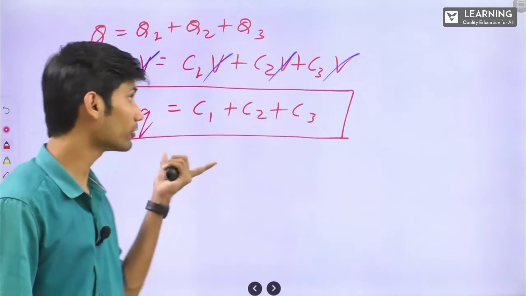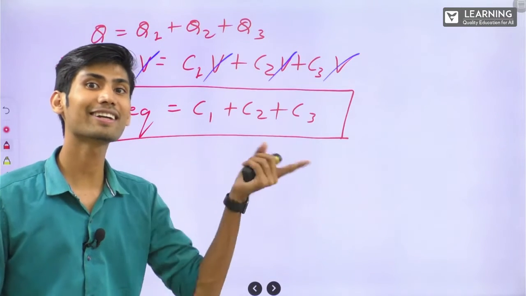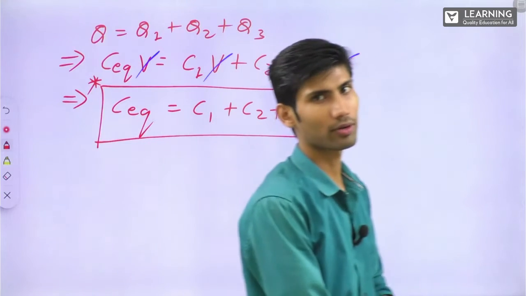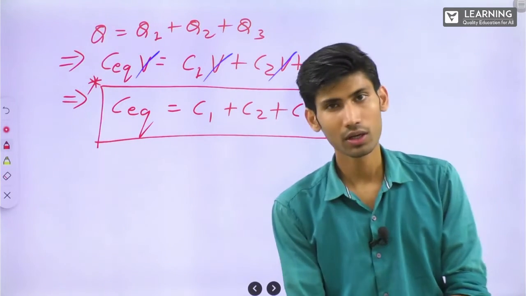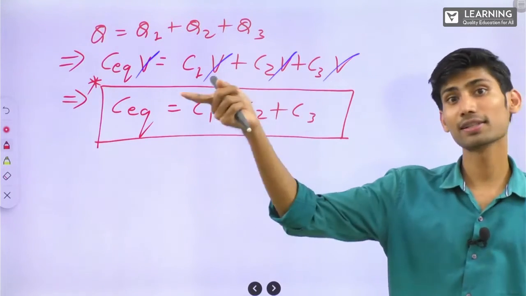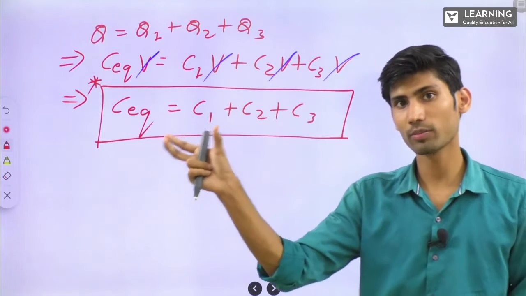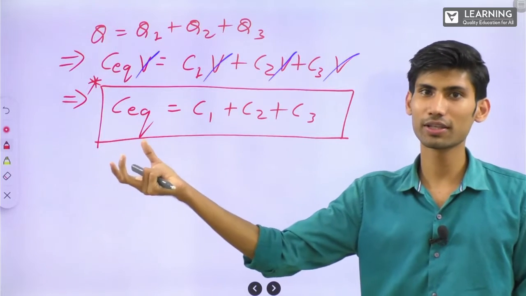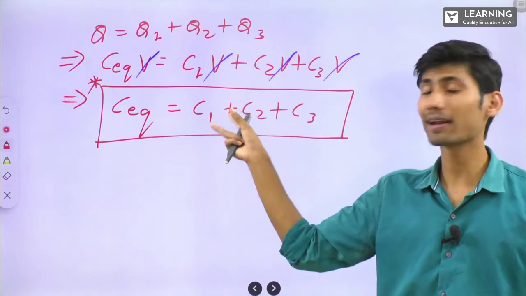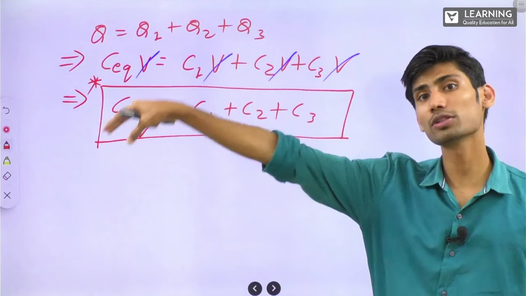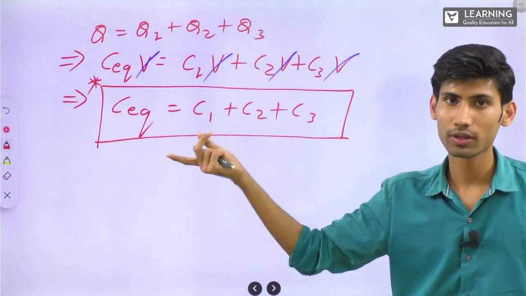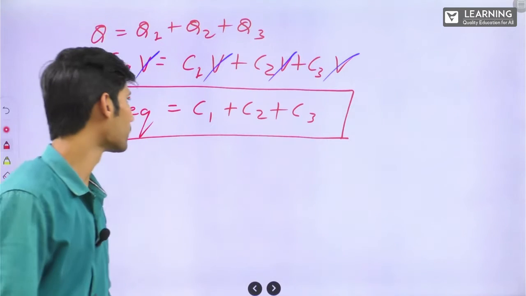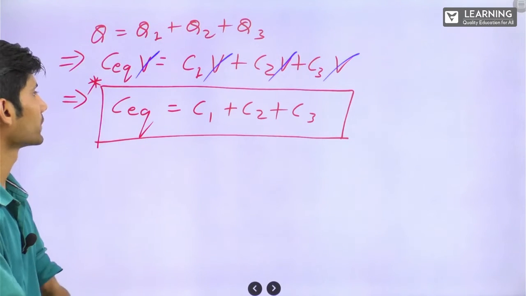This kind of formula used to come in resistance when they were connected in series, but here it is in parallel. So you can remember it this way: if you remember the formulas for resistance, the look of the formula for resistance in series will be the one for capacitance in parallel. And how it was for resistance in parallel, it will be somewhat similar in series for capacitance. Clear? This is the formula.